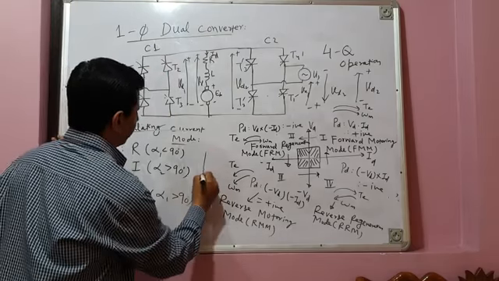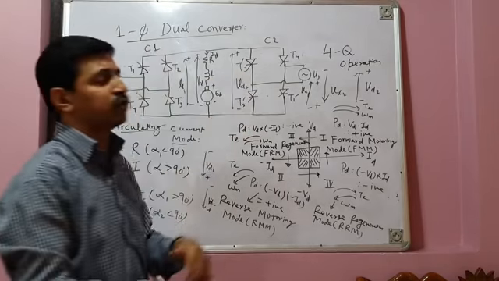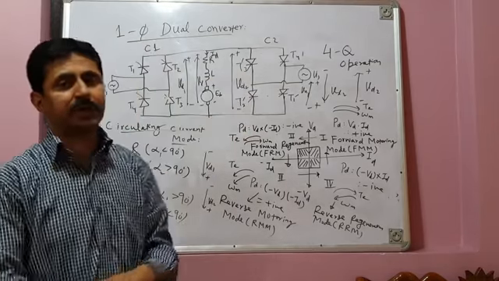Because in the rectification mode, its output voltage VD2 will also have the same polarity. You have to adjust the delay angles in such a way that not only are the polarities the same, their average voltages are also the same. So VD2 is equal to VD1. Therefore, whether the polarity of output voltage VD1 is like this or opposite, VD2 also should have the same polarity, which is possible only if converter C1 is operating in the rectification mode, and converter C2 at that time should operate in the inversion mode. And if converter C1 is operating in the inversion mode, converter C2 should operate in the rectification mode. Just remember it, it's very important.